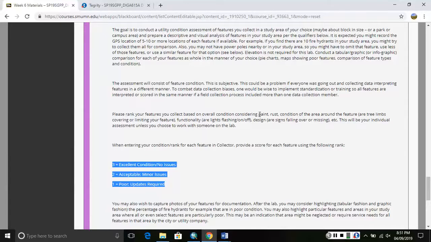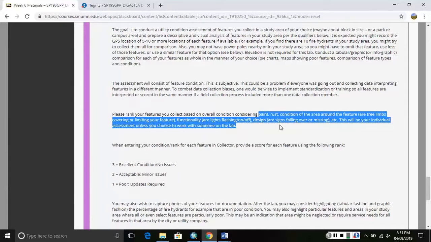So looking at the paint of the feature, maybe rust might be present, the condition around that feature, maybe there's a lot of grass, weeds growing up, obstructing the view of something, of a feature. Maybe the concrete base is chipped and the light pole's tipping or something like that. Maybe it's burnt out. Maybe the sign, you can't read the lettering on the particular feature. Those would all be subjective judgment calls that you will have to make to define a condition according to these